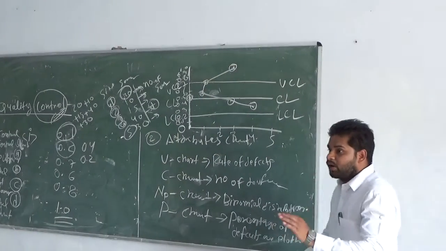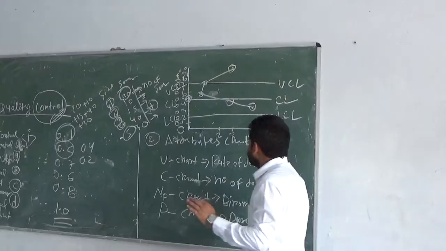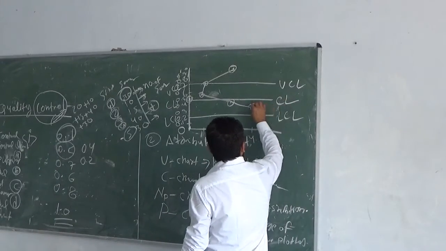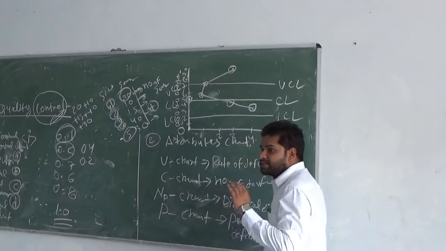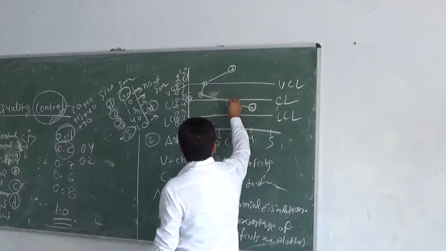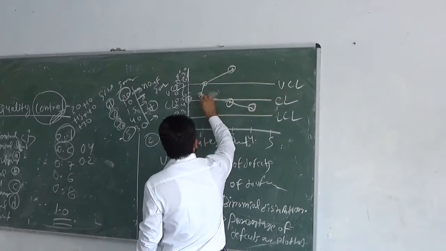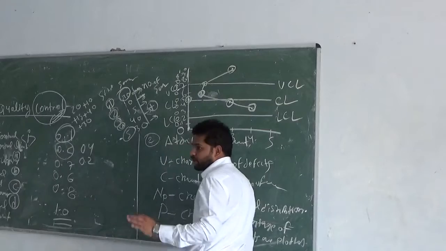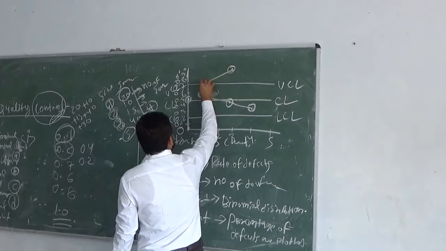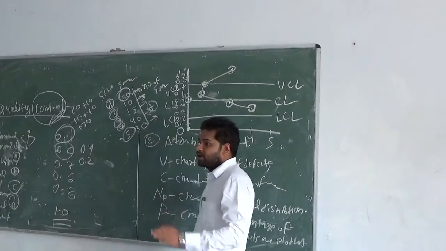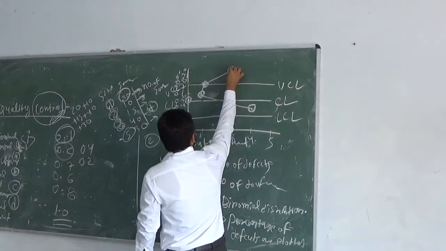Okay. So checking out the limits. This is under CL. This is under the control limit. Another one is also under control limit. Okay. And this is under UCL, means this is under the control limit. Like UCL. And this is on the line of UCL. This is under the control limit. Another one is like this.